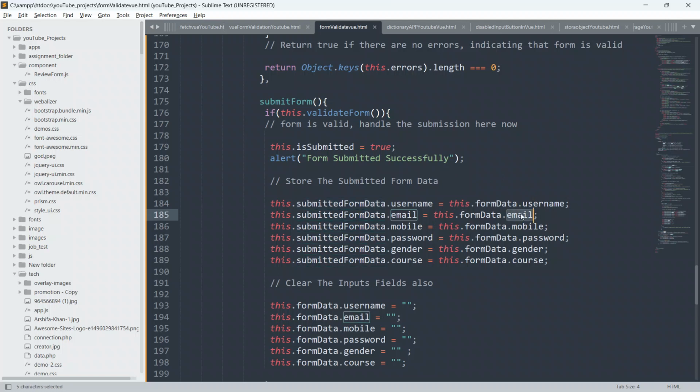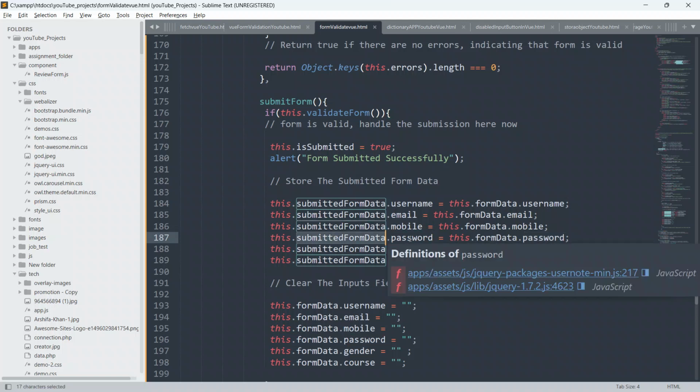Whatever email the user has filled inside this input field, it will come into the submittedFormData object. Whatever mobile number the user has filled into the mobile number field, it will come into the submittedFormData object. Whatever password the user has filled into the password field, it will come into the submittedFormData,